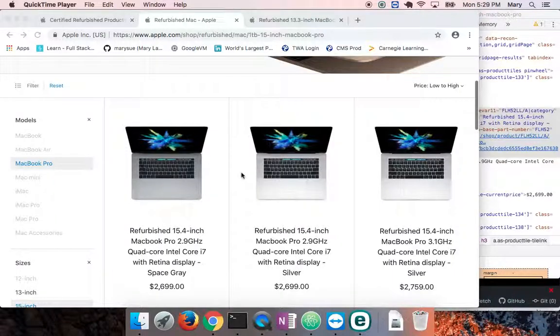Hi, my name's Mary, and I am working on my final project for Object-Oriented Ruby. The final project requirements were to reach out to a web page, scrape some information from that web page, reach out to a secondary web page, scrape some more information, and present it to the user through a command line